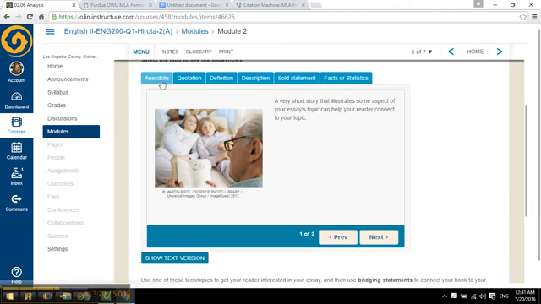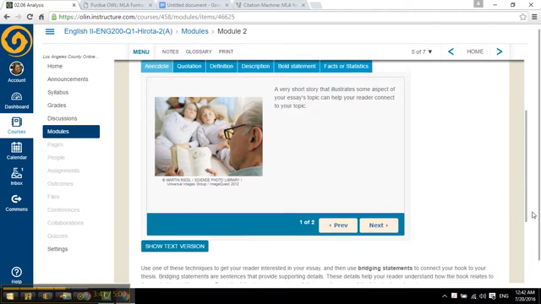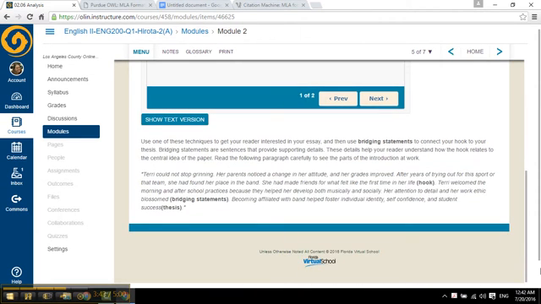And these are some things that you can use: anecdote, quotation, definition, description, bold statement, facts or statistics. Please do click on all those and click on all the pages of them so that you have an understanding of what each of them are. These are fantastic hooks. I often find that facts or statistics really begin with something interesting that will keep the reader wanting to read and find out more. Read all the way to the end of this page and then go to page 6.